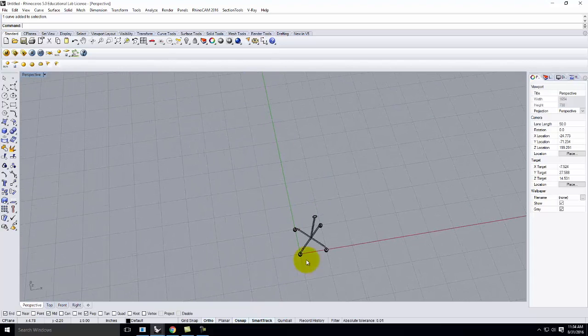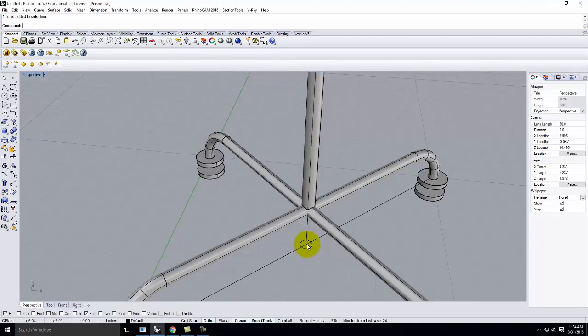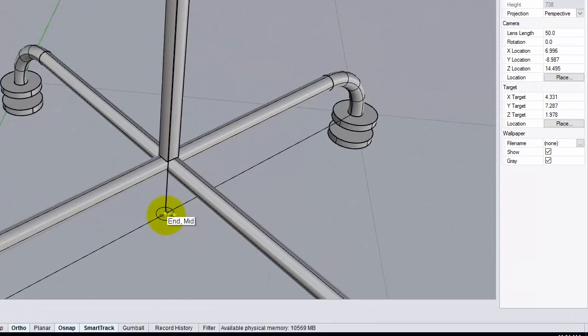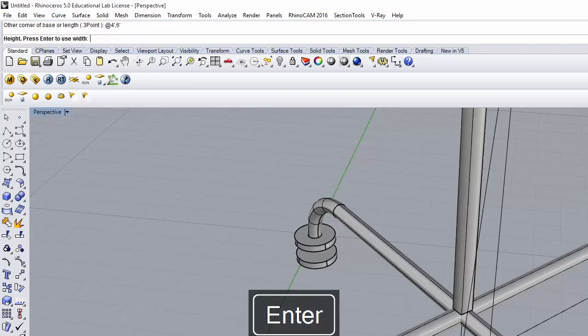All right, so now that I have this, I'm going to add a little piece of glass. And again, I'm going to start right there at that point. I'll do just a box from right there. This is going to be at 4 feet, 6 feet. And the thickness is going to be